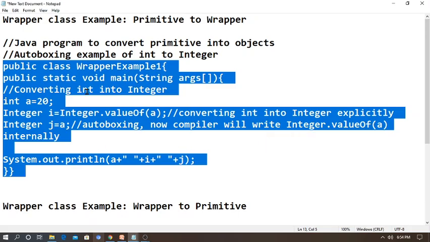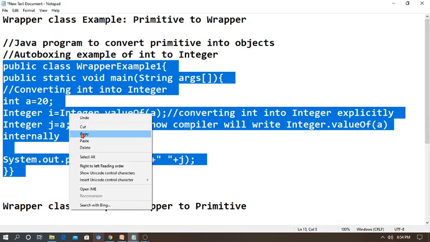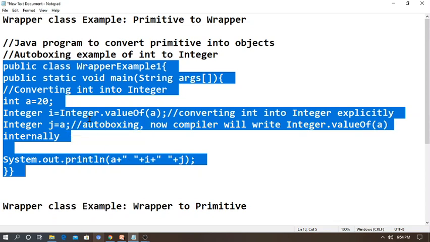So what will happen? The value of a is 20. It will pass it to i, as well as the value of a is passed to j also. So SOP a plus comma plus i plus comma plus j. When I try to execute the program, it prints the a value 20, as well as the value passed to i, so i value also 20 and j value also 20 at last. So converting int to Integer.